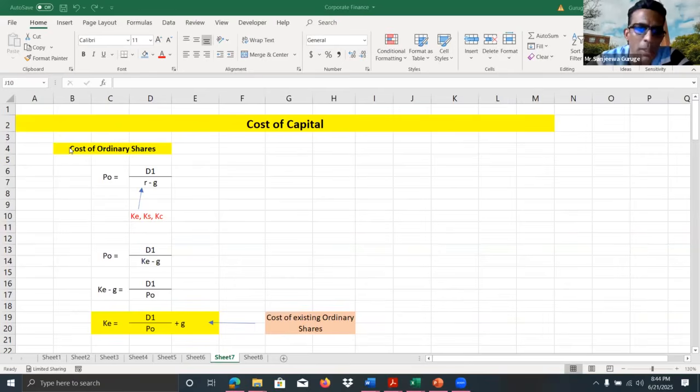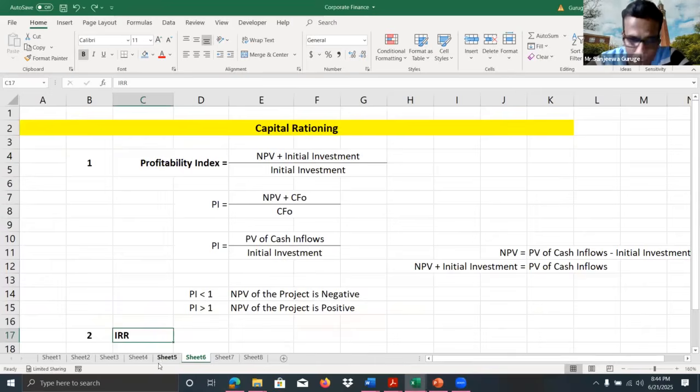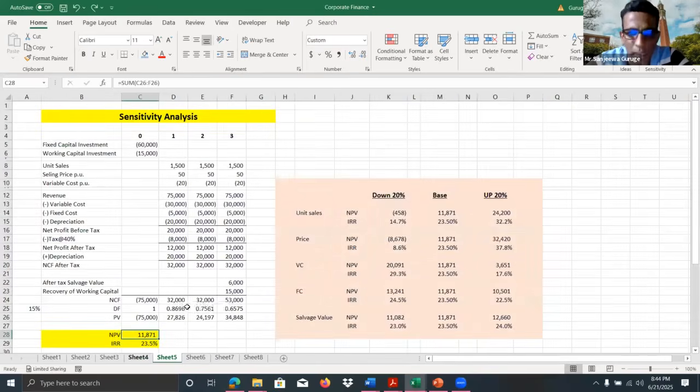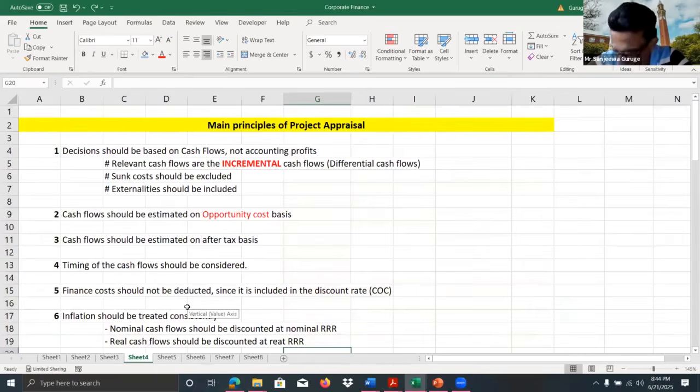Based on the information, if there is any adjustment, there should be relevant information to do the adjustment, because we have to follow the principle. In order to calculate the net cash flow after tax to evaluate the project, we should not deduct interest cost, because when we do the discounting, the interest cost is already included in the discount rate. Otherwise, it is fundamentally incorrect, so it should not be deducted.